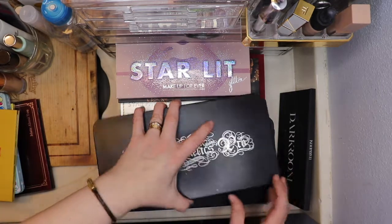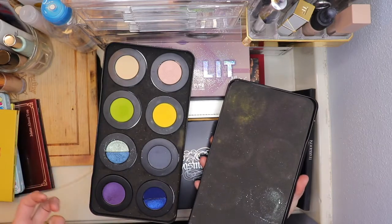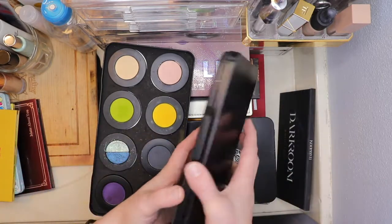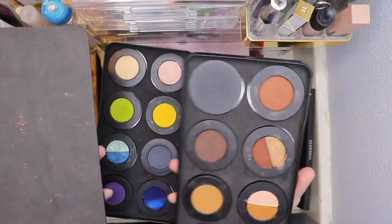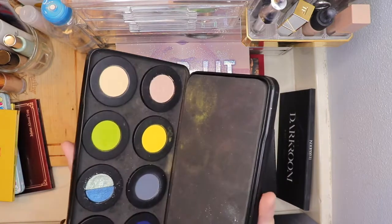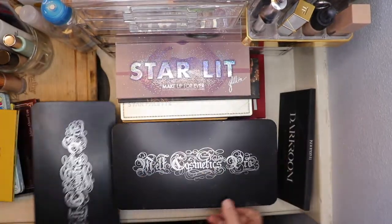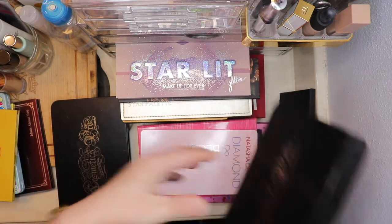My melt stacks, this is hard. The thing about this is that they fit in here, so I kind of leave them in here, and I also really love my melt stacks, and I rearrange them to make them whatever I want them to be. So this one's kind of its own little spiel. I really love the Blueprint palette. Those mattes are killer. I wouldn't say I wish I hadn't purchased any of these,